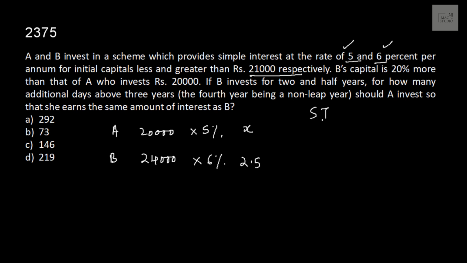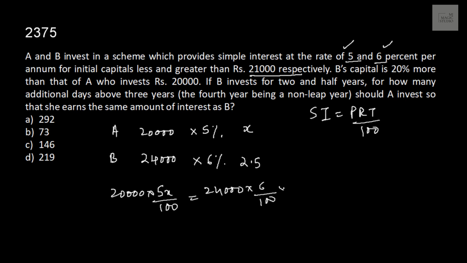So we know the simple interest formula is simply PRT by 100. So 20,000 into 5x by 100 equals 24,000 into 6 by 100 into 2.5. Let's solve this. This is 5 and this is 6. 5 into 5 is 25. This will go out and we'll be left with 10. And x will be equal to